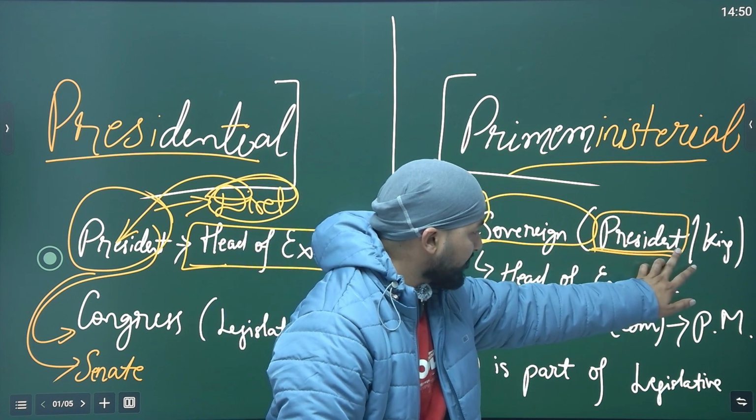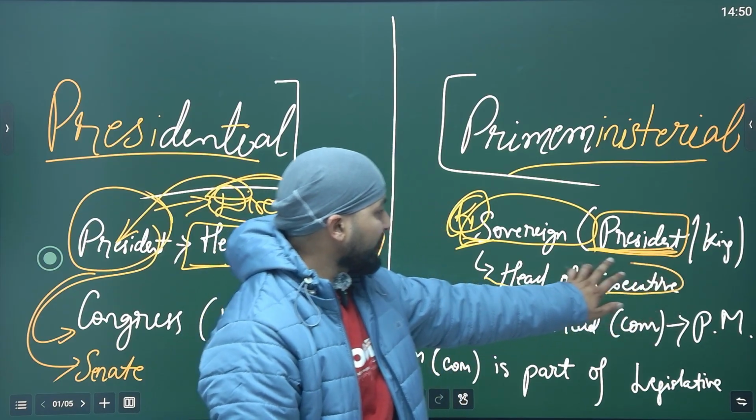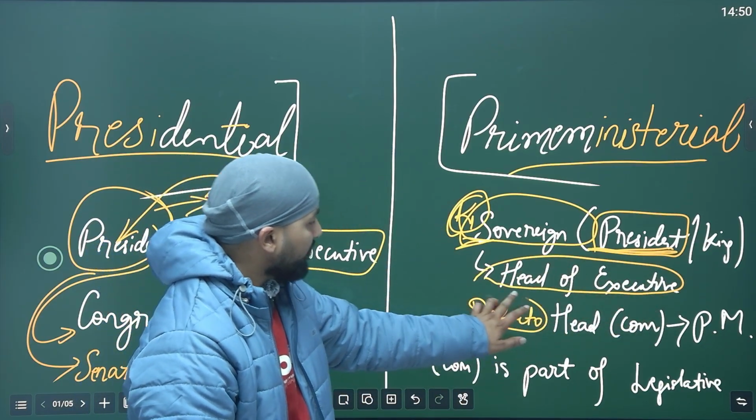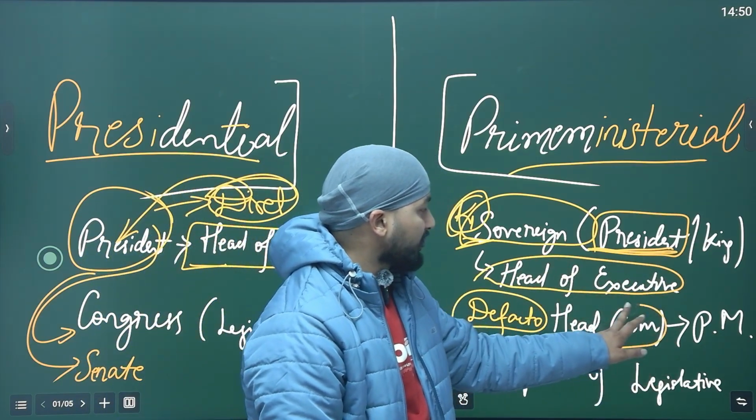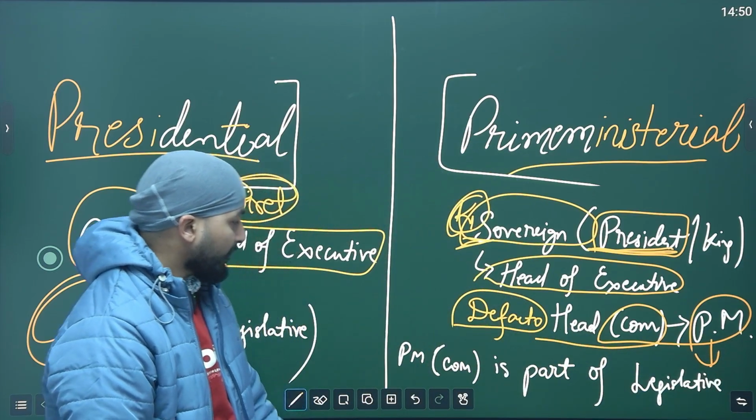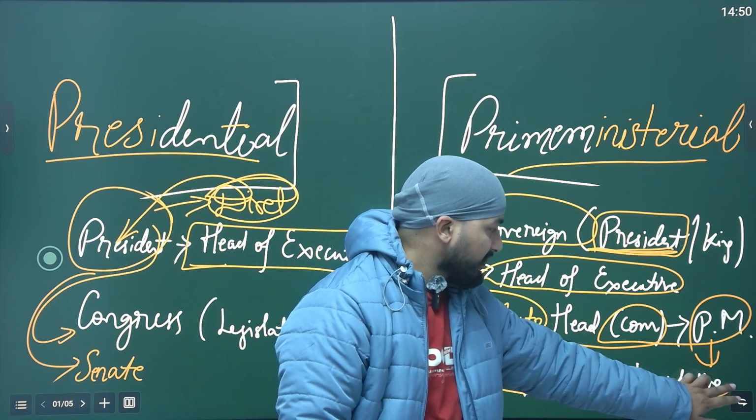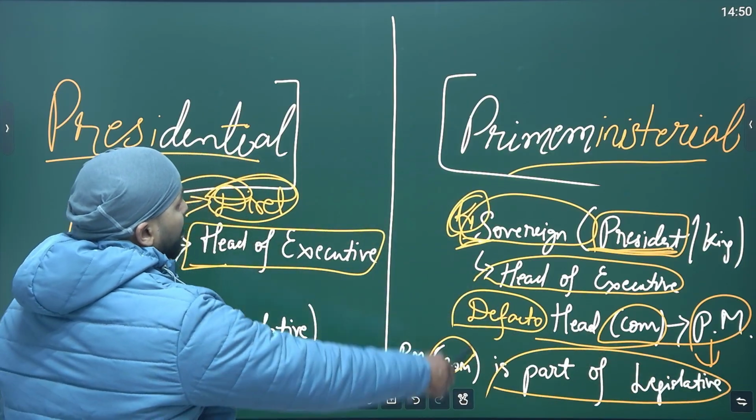He is representing the sovereignty of India. He is the head of the executive, but the de facto or real head is the council of ministers headed by the PM. So ultimately, the PM, that is the council of ministers, is part of the legislature. The most important point in the parliamentary form of government: